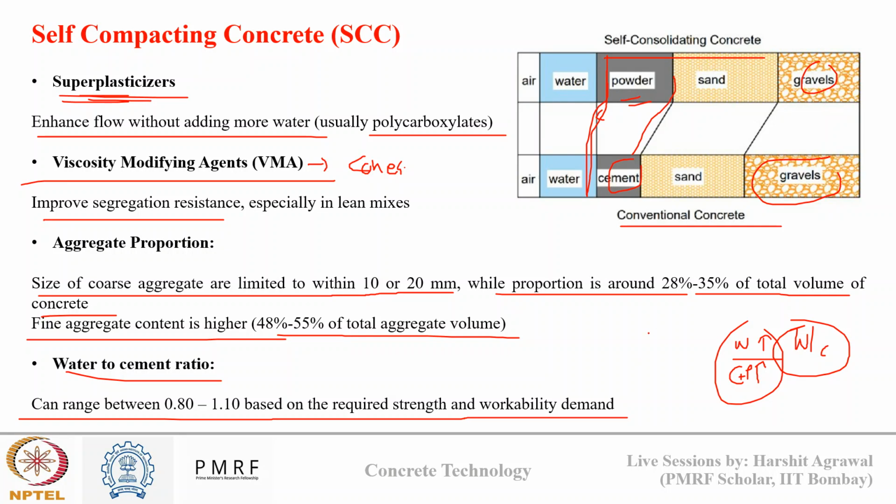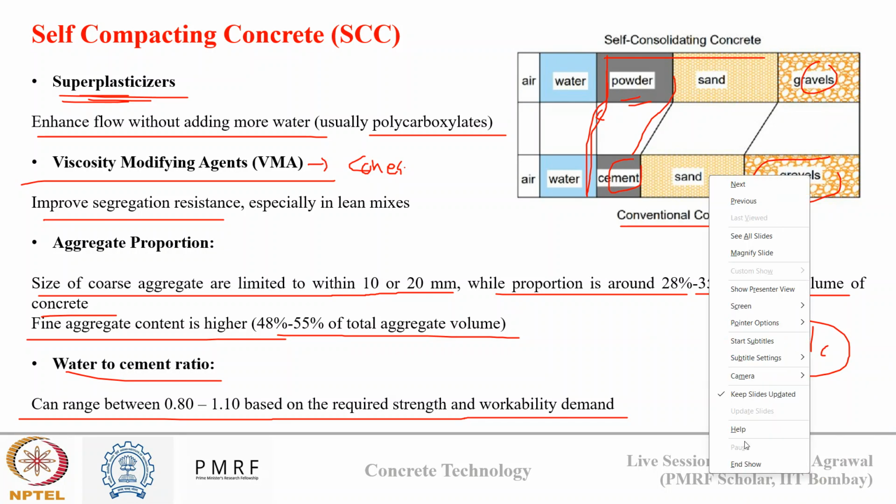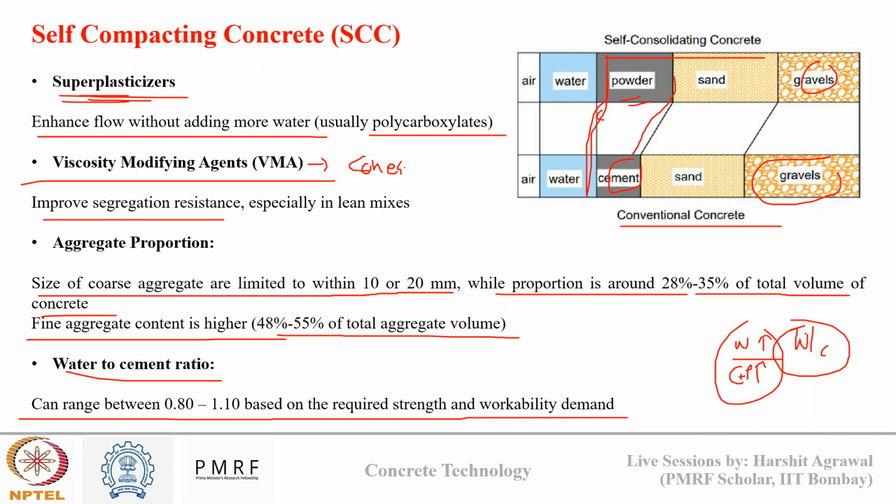Sir, for higher percentage replacement, do we have to fix the water cement ratio, or how do we decide the water cement ratio? See, the water to cement ratio is the property that governs the strength of my concrete. The more the water in the cement, the more the workability of my concrete. So generally, the water to cement ratio for self-compacting concrete